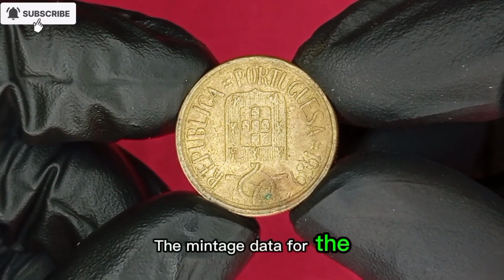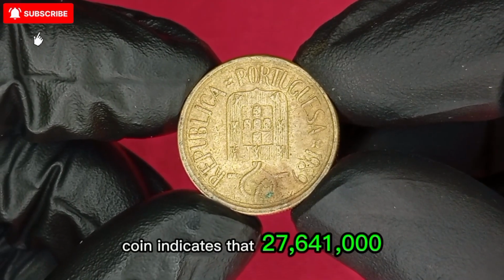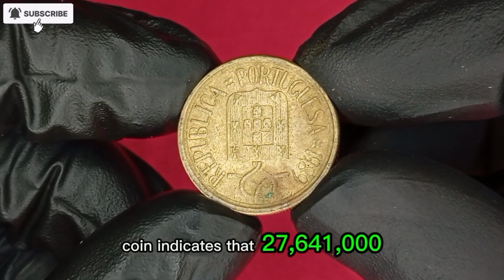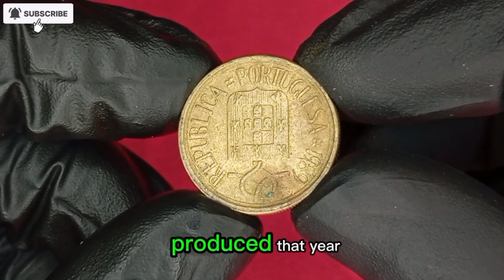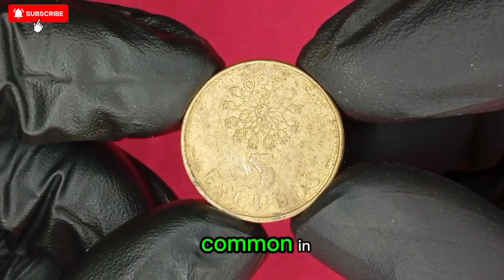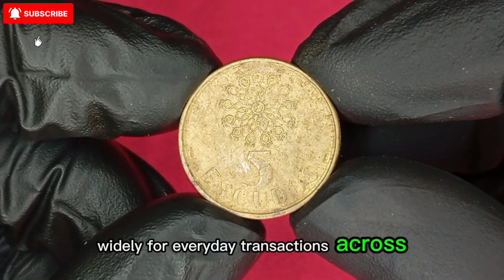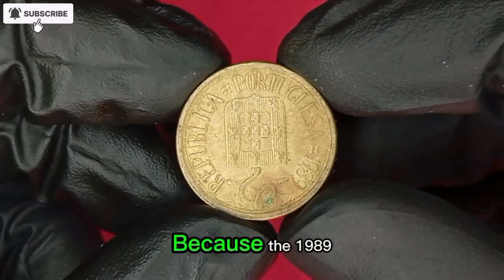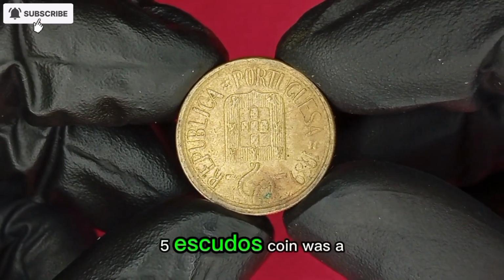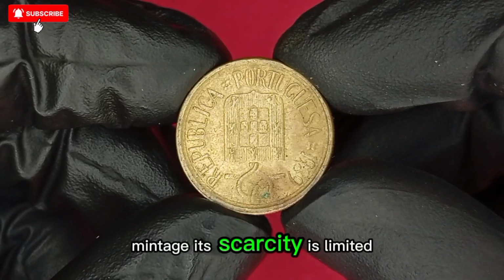The mintage data for the 1989 5 Escudos coin indicates that 27,641,000 pieces of this coin were produced that year. This fairly high mintage suggests that the coin was common in circulation and used widely for everyday transactions across Portugal at the time. Because the 1989 5 Escudos coin was a widely circulated coin with large mintage, its scarcity is